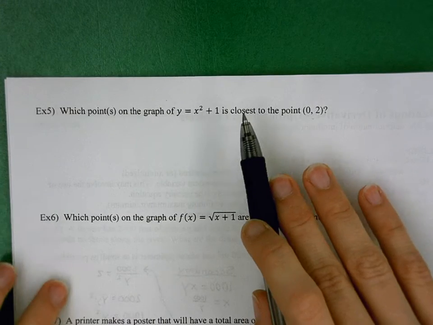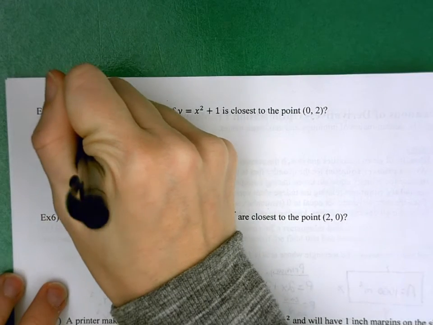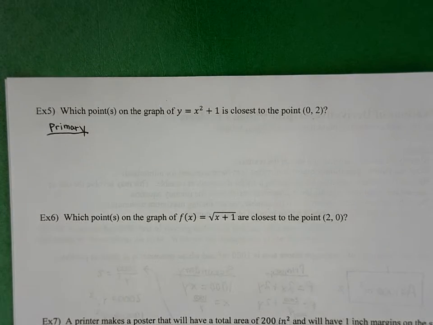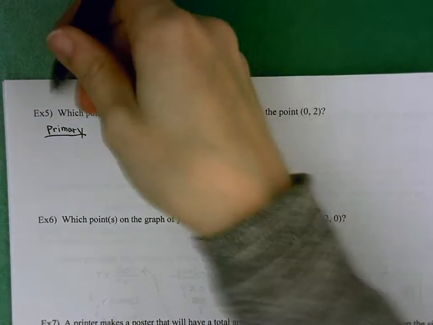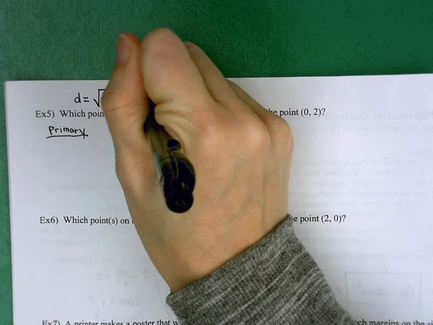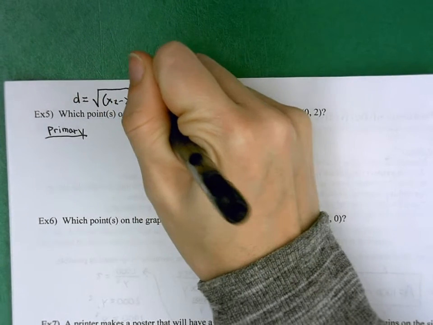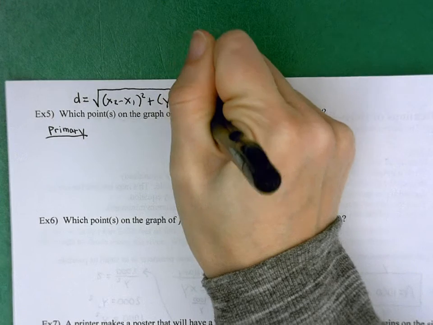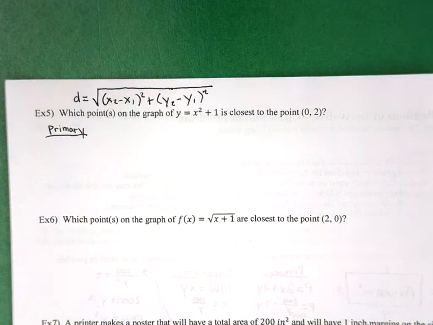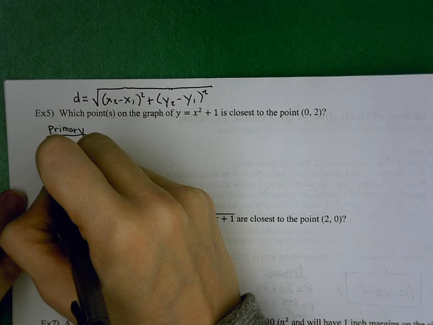And so distance is going to be my primary equation in this one, because that's what I'm looking to maximize, or in this case, minimize. Minimize that distance. Okay, so I'm going to write the distance formula just across the top here. We did this on our previous notes day already, but just so we have it here to reference. Distance is the square root of x2 minus x1 quantity squared plus y2 minus y1 quantity squared. Okay, so my primary equation in this one, distance equals,